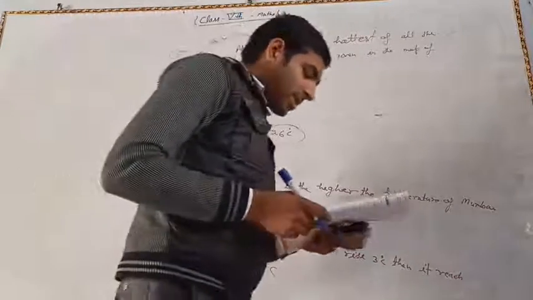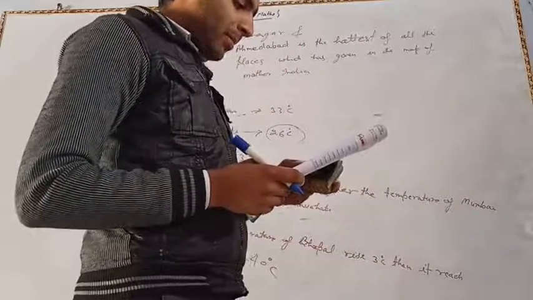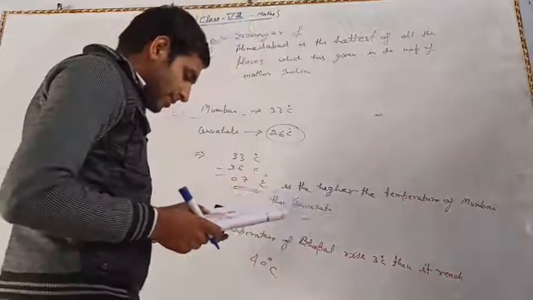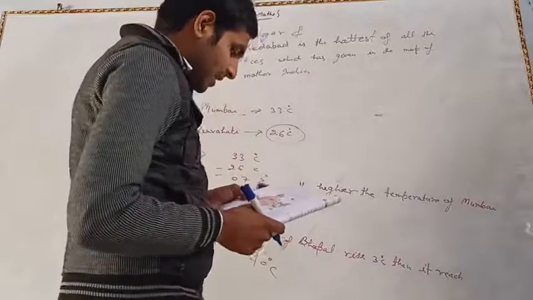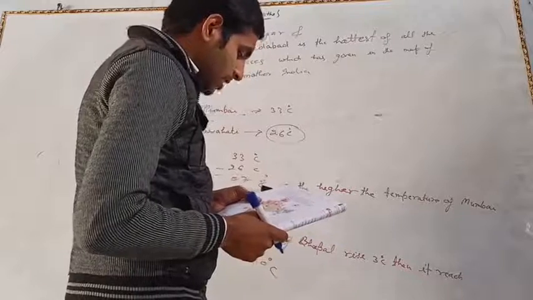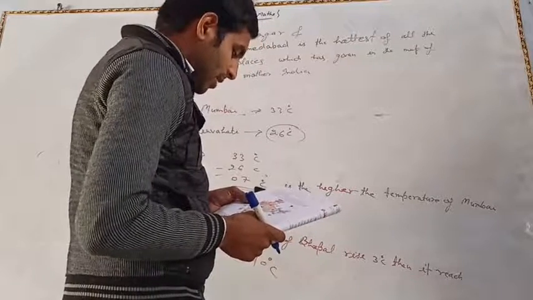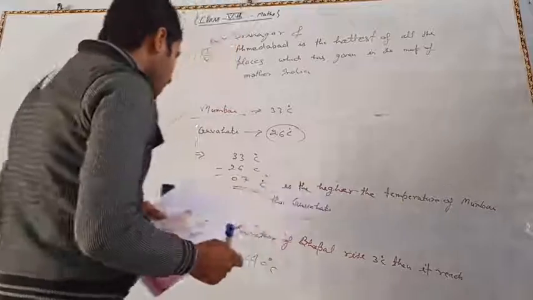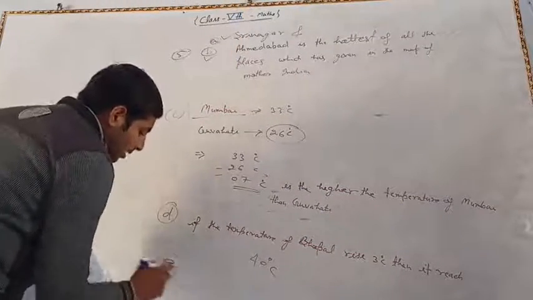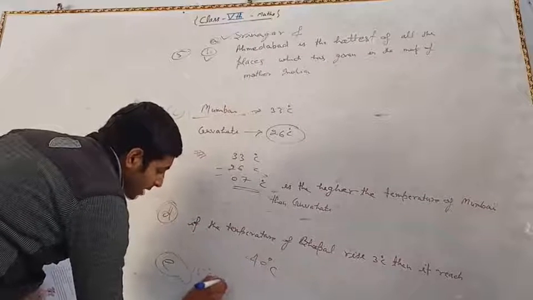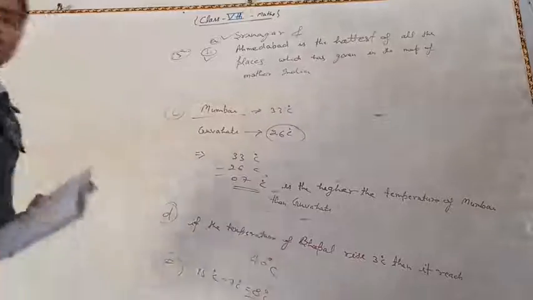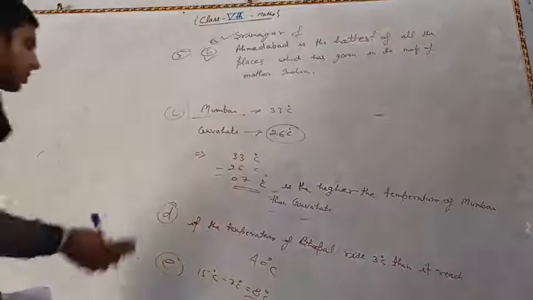Again it is asked what is the difference in the maximum and minimum temperatures of Srinagar. The maximum temperature of Srinagar is 15 degree centigrade, and the minimum temperature is 7 degree centigrade. So the difference is 15 minus 7, which is equal to 8 degree centigrade. Okay, so this is the solution of D, and in E you also subtract minus 7 degree centigrade lower temperature, and you get 8 degree centigrade. Okay, so this is the solution of this problem.